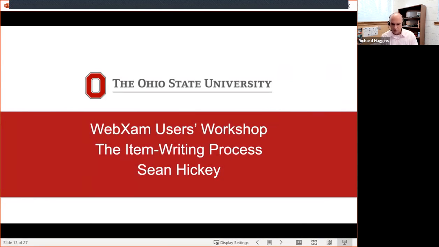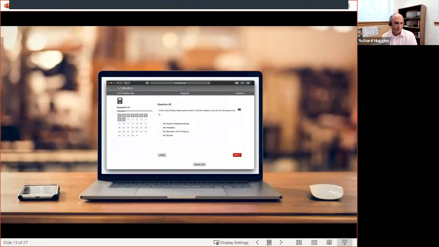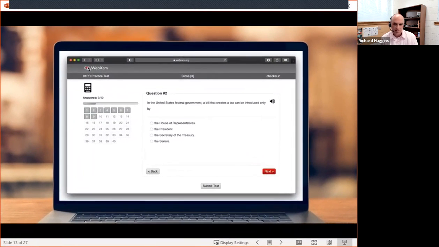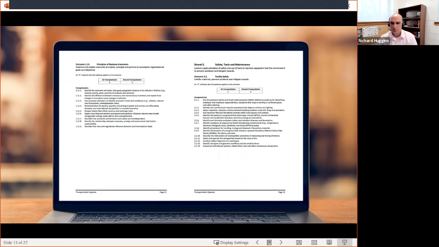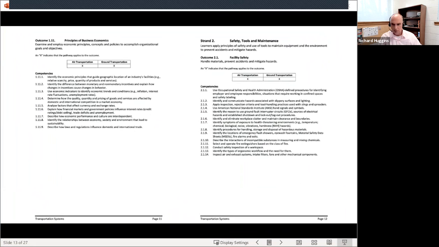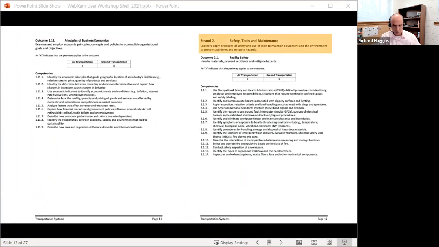How are the WebXam assessments created? It all starts with determining the body of knowledge, the information the tests will be based on. This process begins with the Ohio Department of Education, working with secondary and post-secondary instructors, business and industry representatives, and the Ohio Department of Higher Education to create and finalize career field technical content standards. From these standards, individual outlines are created for each course, identifying the strands, outcomes, and competencies that will form the